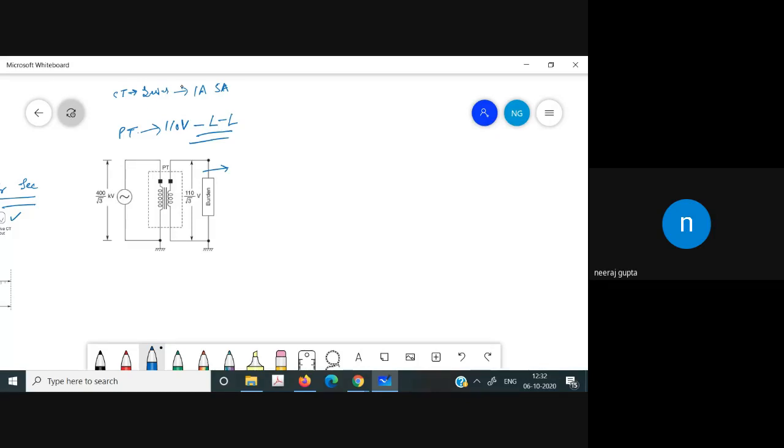So what's the main job of this PT? Its job is to step down the high voltage to such a level for the relaying system to operate. It is a standardized system that we have for the secondary, whatever the primary is. For designing purposes, it is used for that. However, like the CTs, which have ratio and phase angle errors, the PT also has the ratio and the phase angle error. Now, next is the circuit breaker.